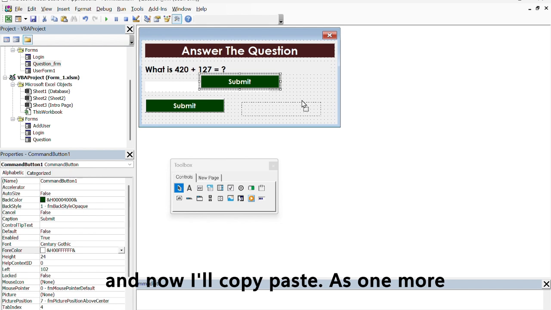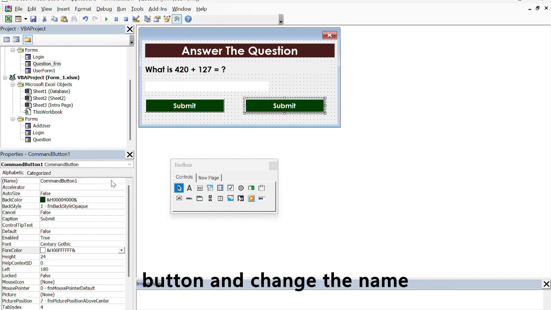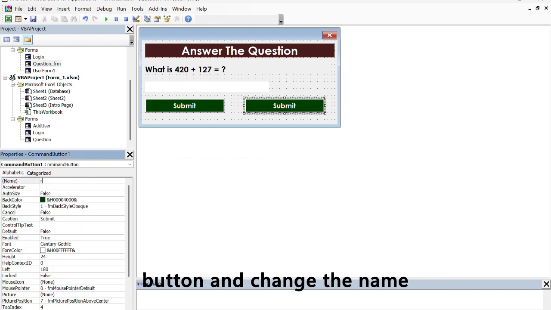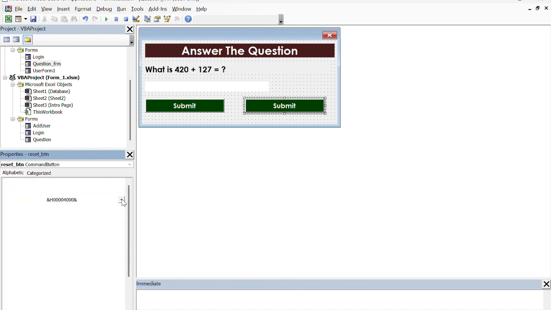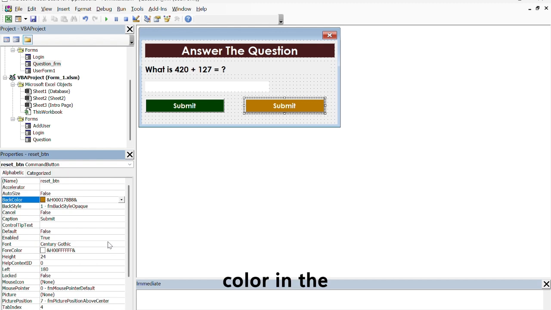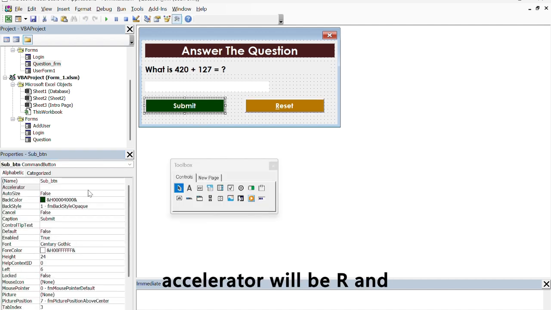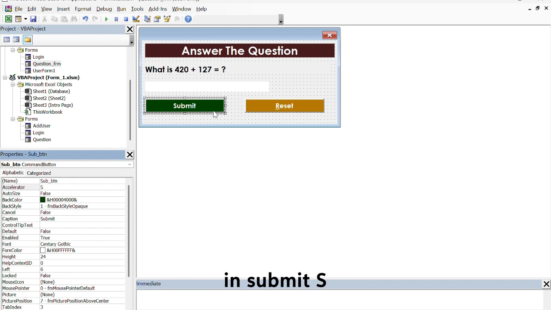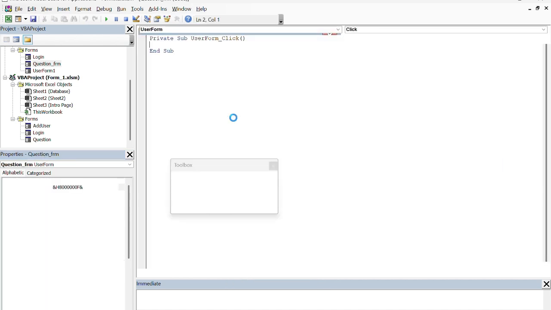And now I'll copy paste as one more button and change the name as reset button. Change the caption to reset. Accelerator will be R and in submit S. Okay, now